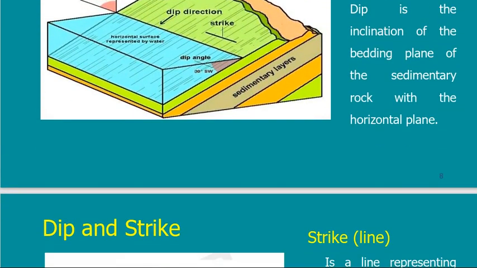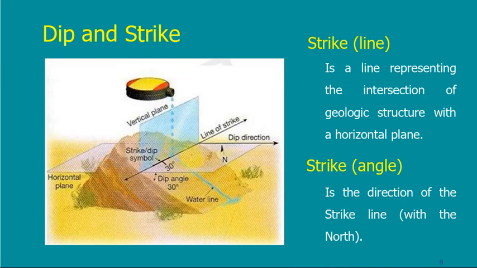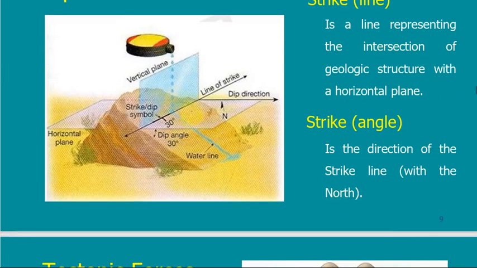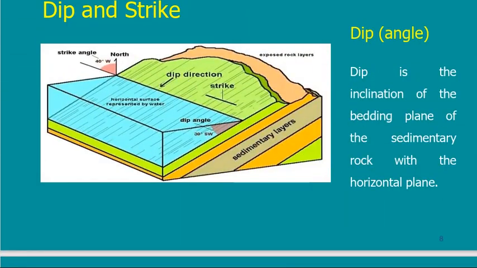The other thing is called the strike. What is the strike? We can go back to this photo. This is the strike. What is the strike? The strike is the line. So dip angle is an angle, but strike is a line. So strike is the line